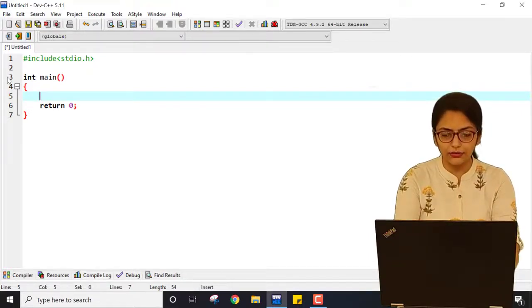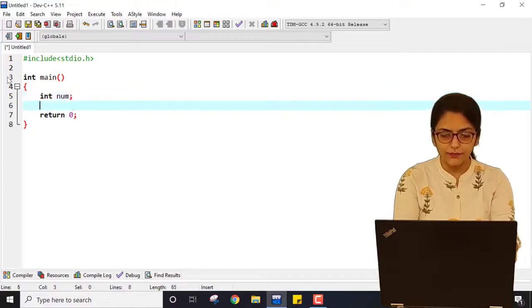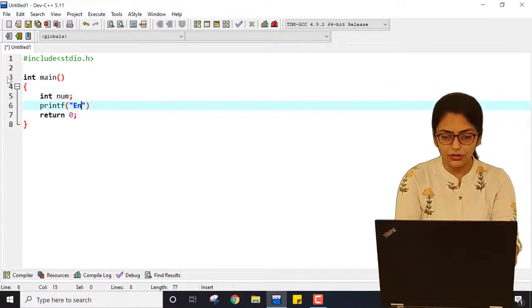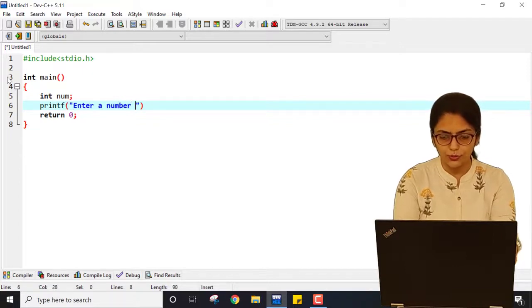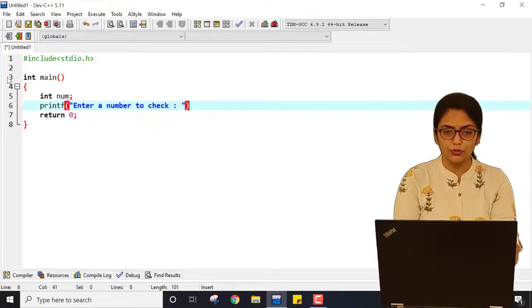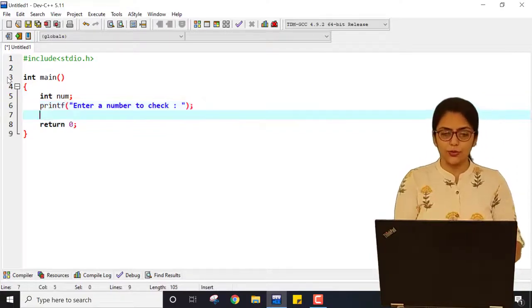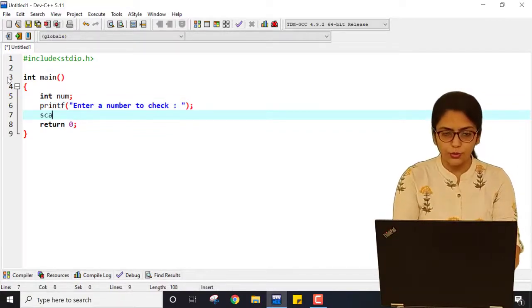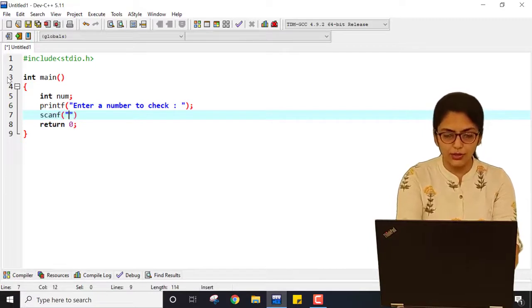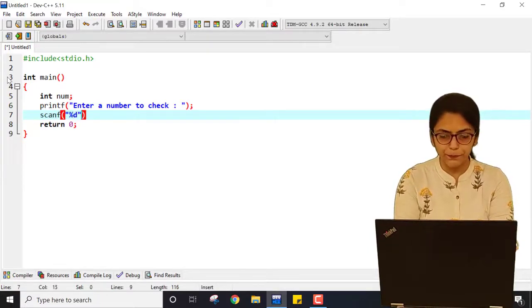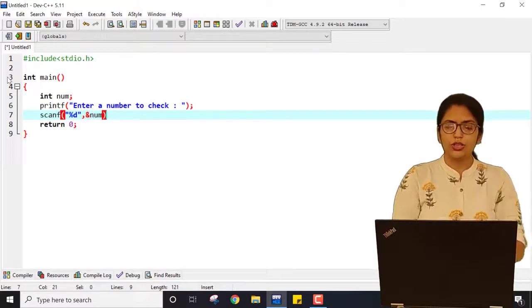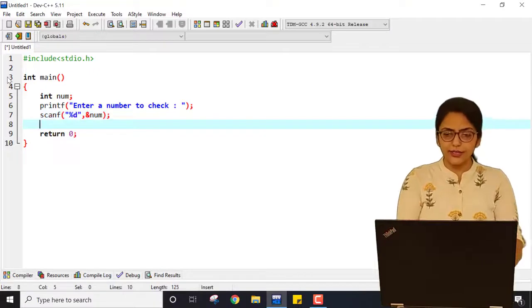So for that I am taking num and I am saying enter a number to check. I want to check whether the number is an Armstrong number or not, and that's why I am asking the user to enter it. For the user to be able to enter a number, I should write scanf, and inside that I am writing this. So now the user is able to enter a number, right?